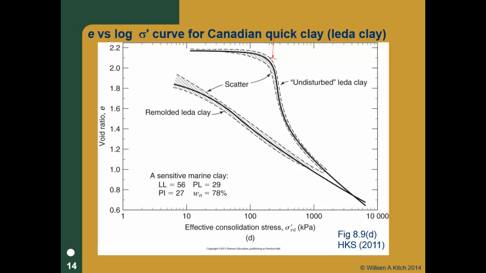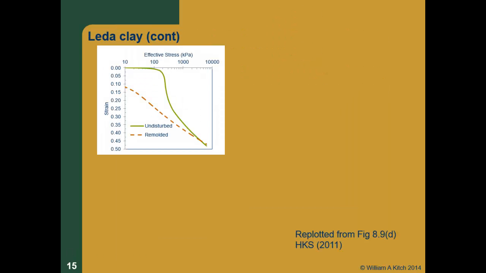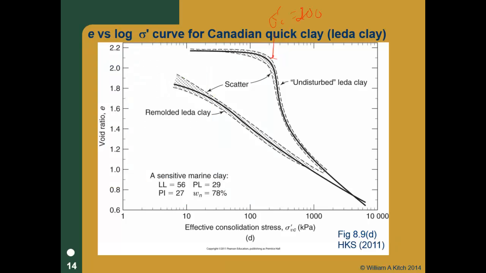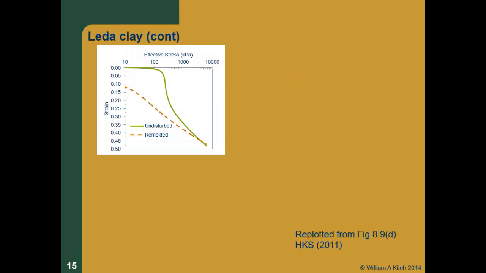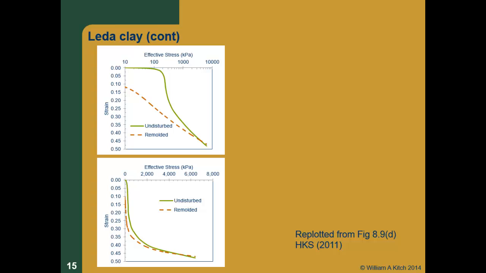And notice this sigma prime C is somewhere around 200 kPa. Sorry, kind of sloppy there. I just replotted that, and these aren't from a single test. I've been trying to get some data from these, and I haven't successfully gotten any. I've got to find some from somebody. But I just replotted his plot so that I could do the conversion. So there it is in semi-log space. Here it is in